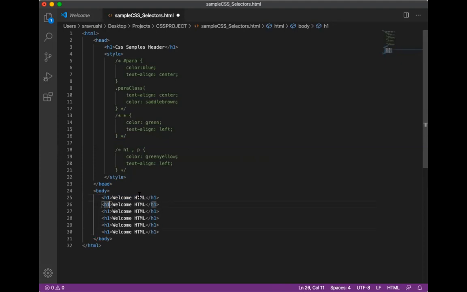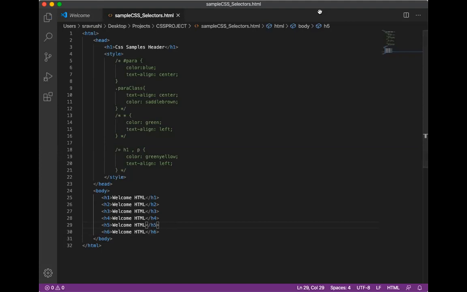So here I am going to give the second one, third, fourth, fifth, sixth. Okay, and here also second, third, fourth, fifth, sixth. Okay, so let us see the output of this in our UI.